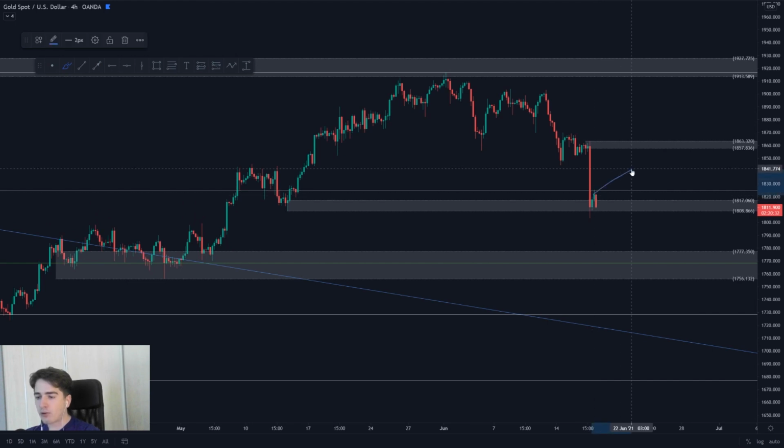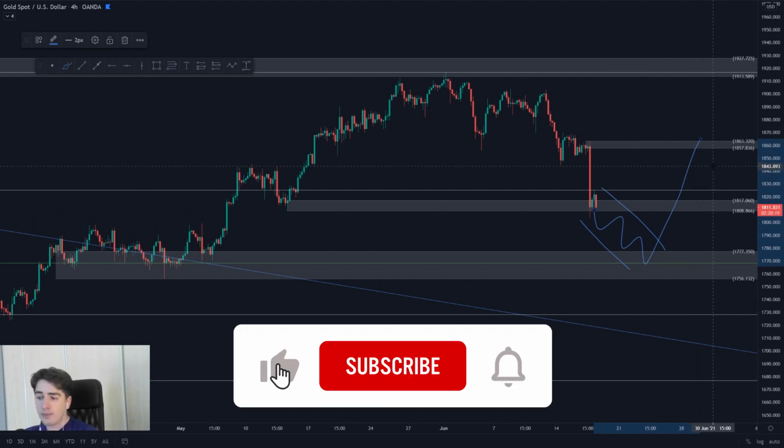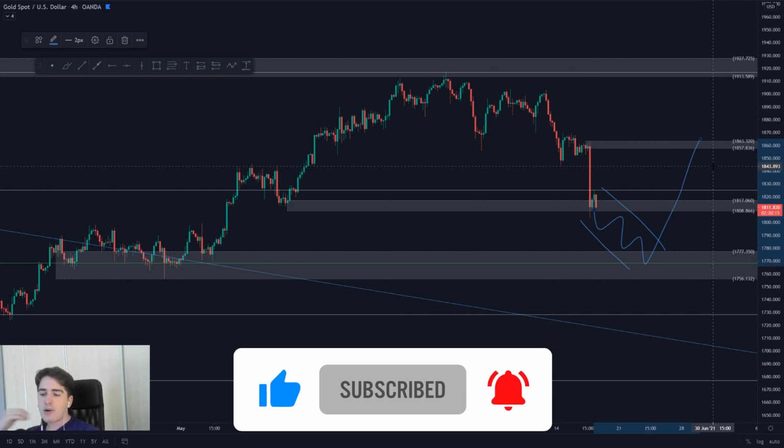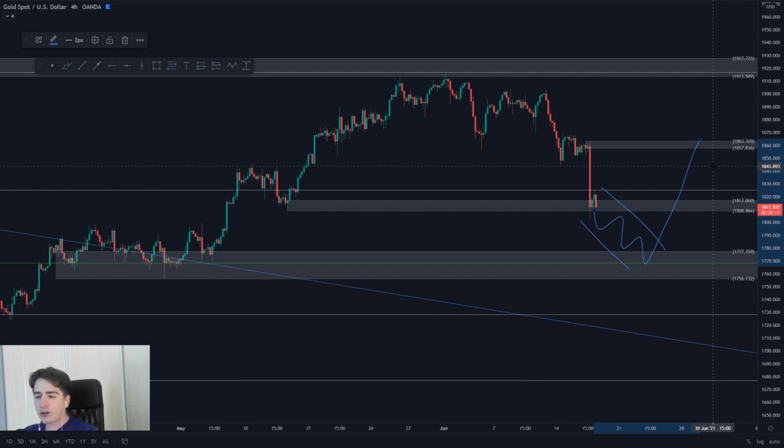I'll just be waiting for, once again, either a bearish pattern to form, which will tell us, okay, we're going down, or a bullish pattern coming in towards the lows, which will tell us, okay, we're heading back up towards the highs. So yeah, that's all, to be honest. A very boring outlook, my apologies for that. However, we really can't do anything with the market at the moment.